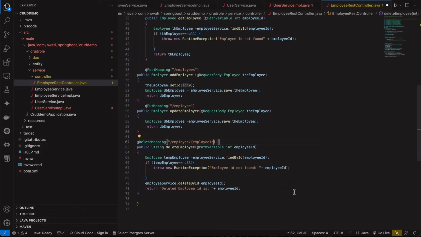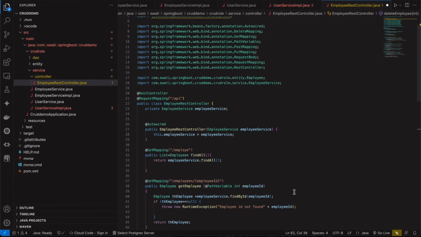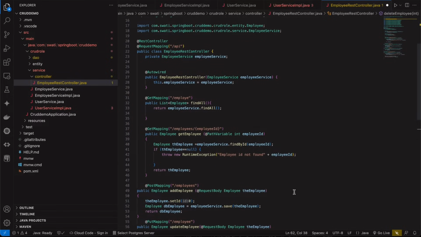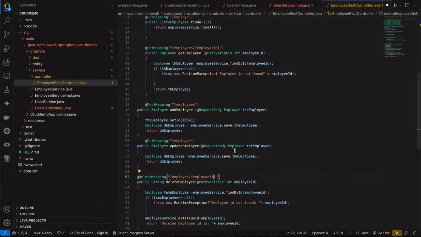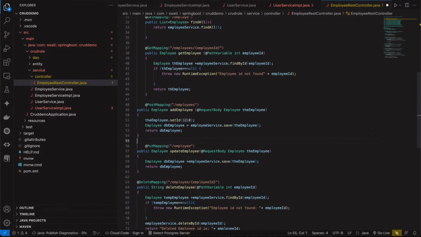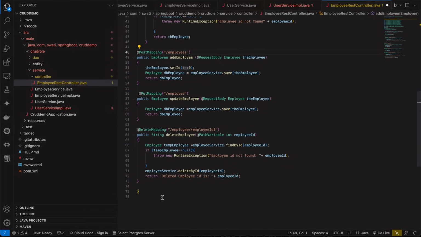now this is done. This is the controller class where we have a get mapping to find all the employees and to find an employee by a single ID. Then for post mapping, I'll give a little bit of space. Put mapping, delete mapping. Okay, and now the last is to create a